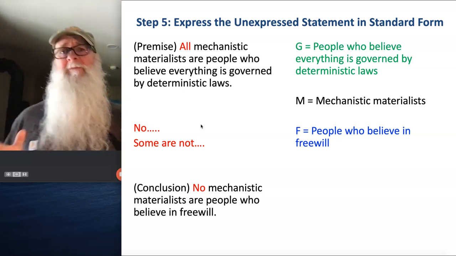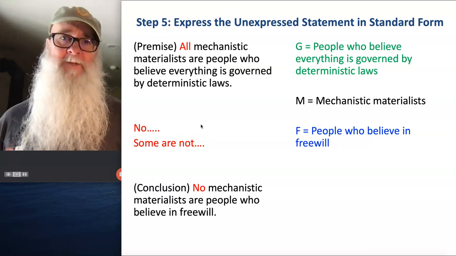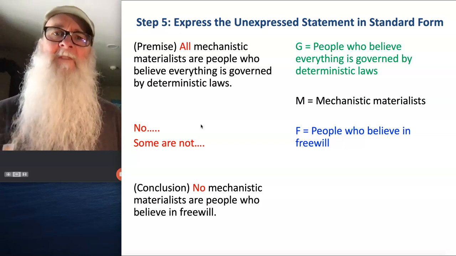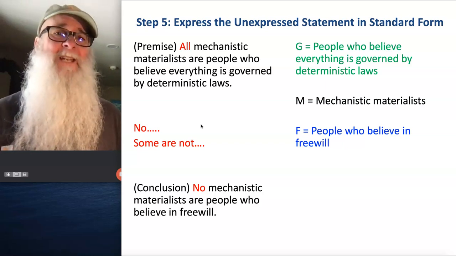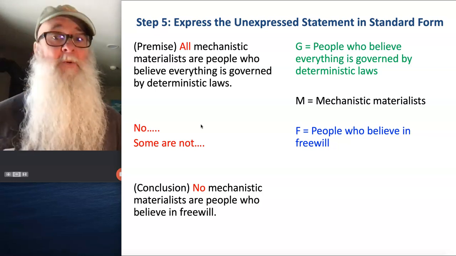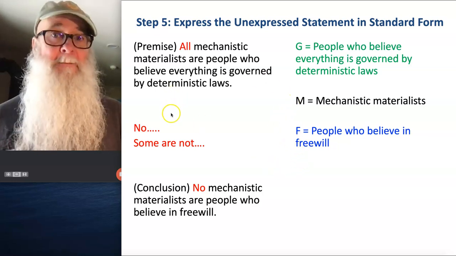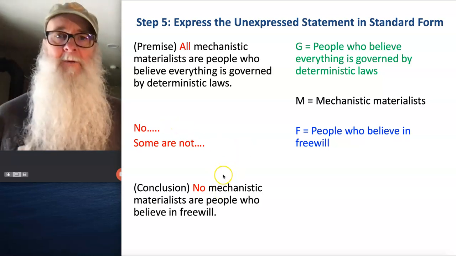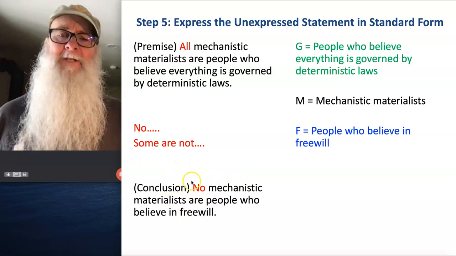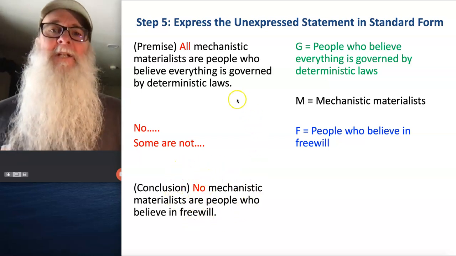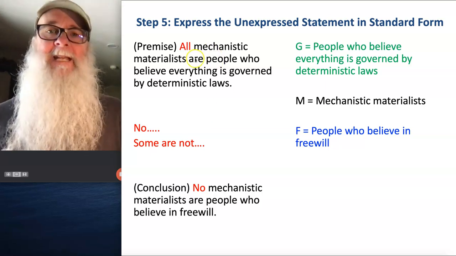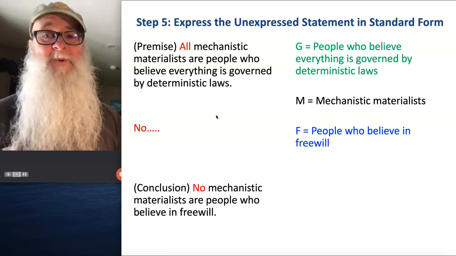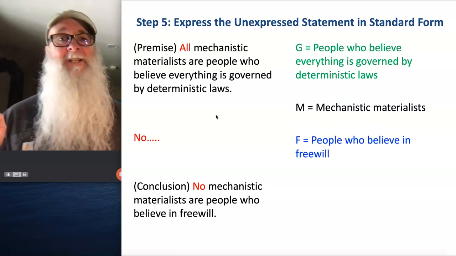And to answer that question, we're going to reflect on the inventory of unconditionally valid forms of categorical syllogisms, and we're going to recognize that there is no valid form of syllogism that has a universal conclusion, like an A statement or an E statement, and a particular premise, like an I statement or an O statement. Any valid standard form categorical syllogism that has as its conclusion an E statement is going to have as its premises an A statement and an E statement. That tells us that our missing premise is going to be an E statement,